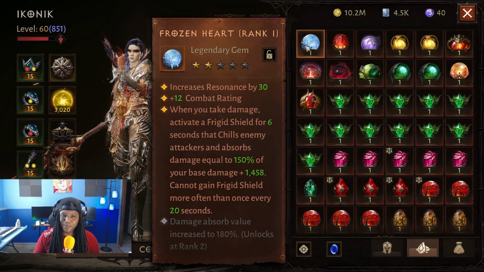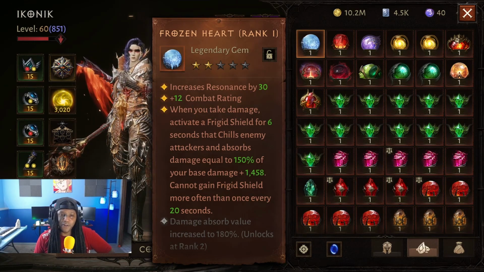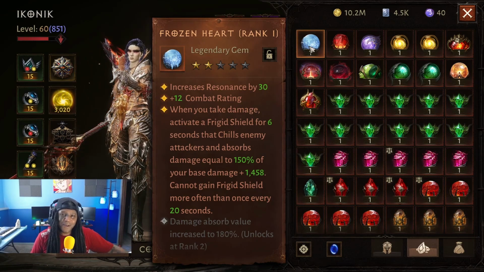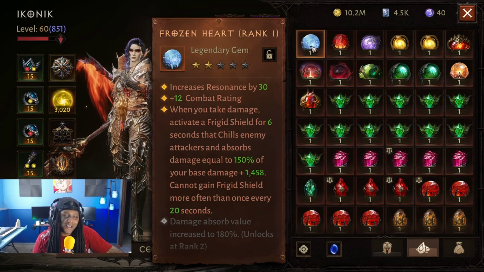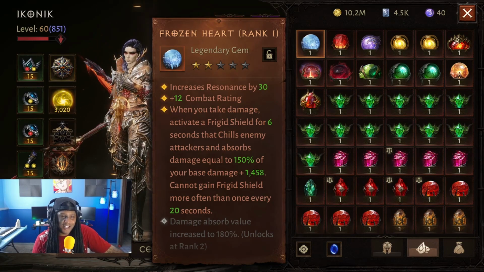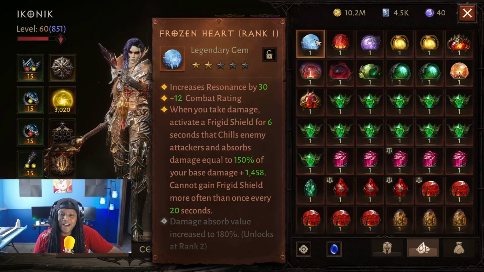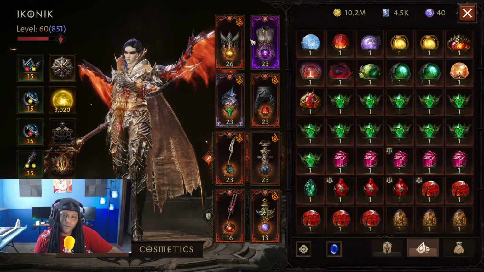Survivability has always been an issue in PvP, and I do enjoy PvP. Say what you want about PvP, I know, but to me it's one of the funnest modes in the game when you get a good match, when things are a little bit balanced. It doesn't happen all the time, but when you get a really good match, it's fun. And I feel like I have enough damage output really at this point from my other gems that I have